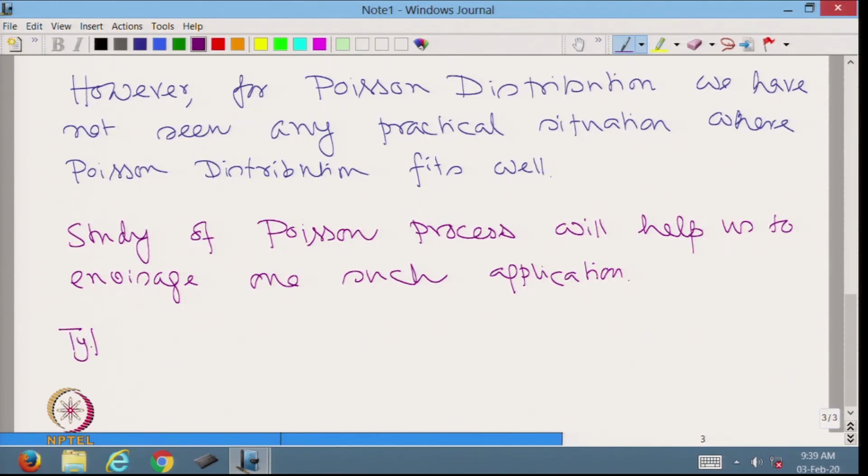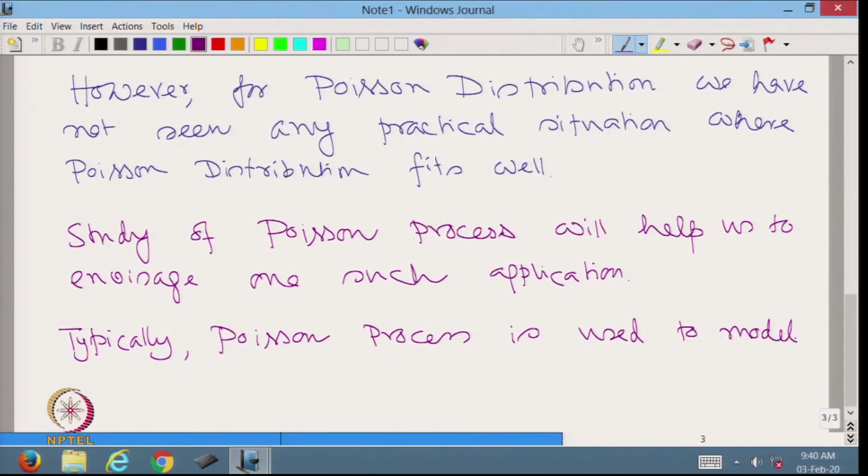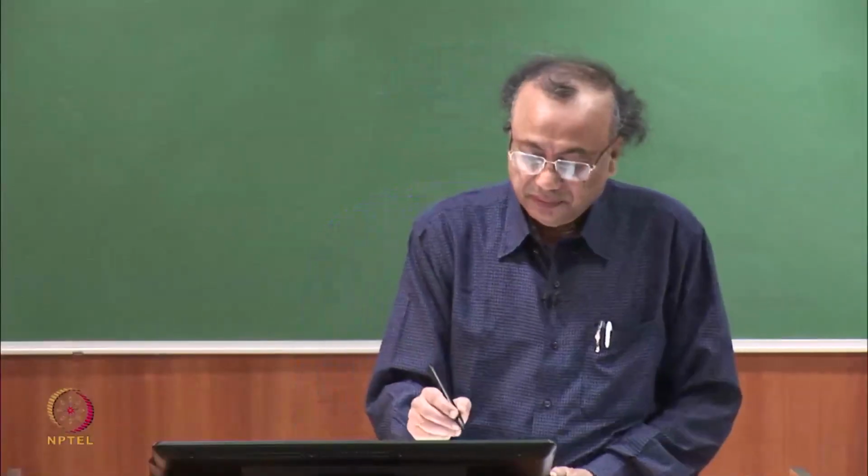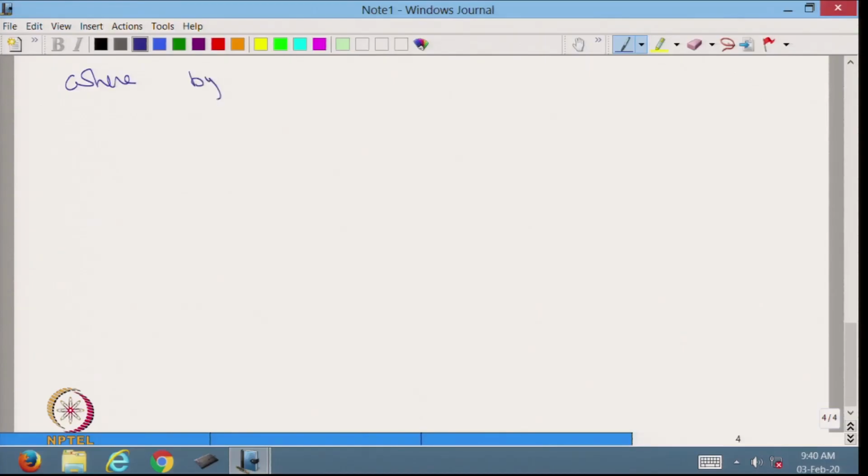Typically, Poisson process is used to model an arrival process. This is very important, that a very specific type of practical problems can be modeled with Poisson distribution or Poisson process,